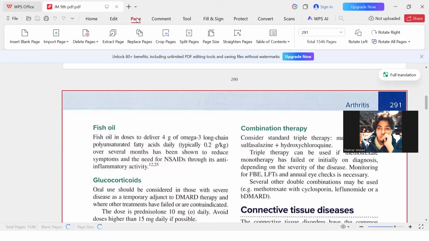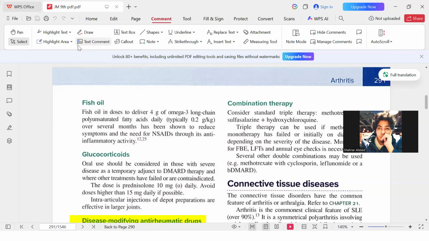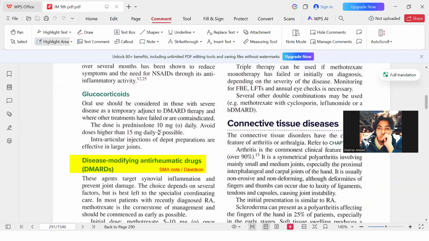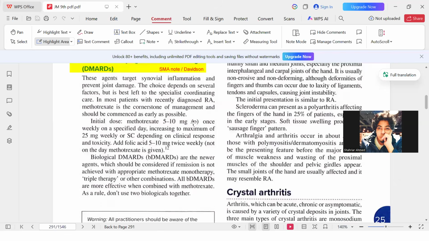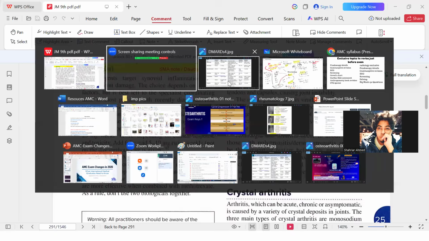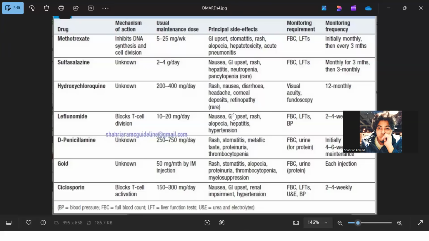I feel like it's given in a little bit non-specific way. So I think it's preferred to follow the Davidson chart, or our SMA note also has this particular one. You can take a screenshot of this, or you can check it from the SMA note for the disease modifying anti-rheumatic drug. Is it clear, everyone? I'm giving 30 more seconds. You want to take a screenshot of this one, or you just read it one time.